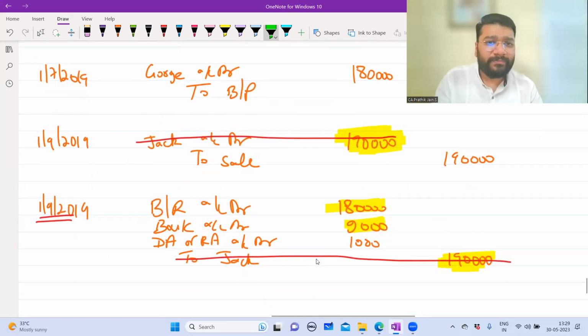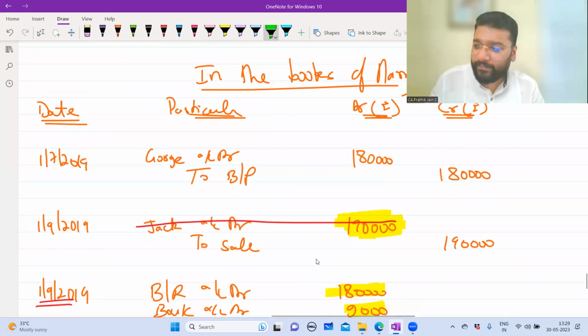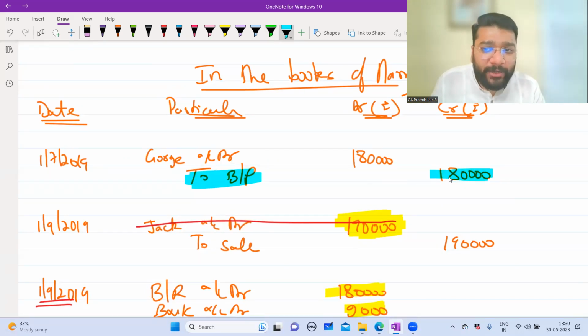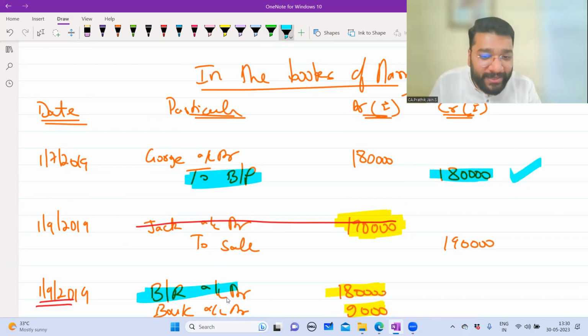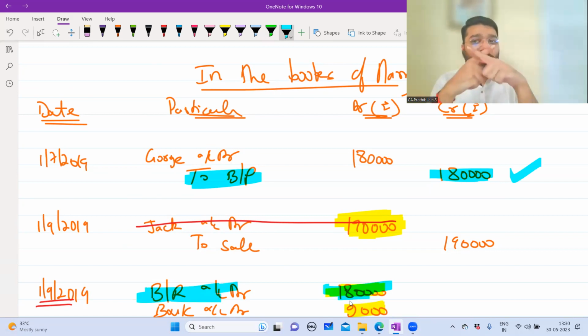Very simple. Harry has to pay this 180 to somebody. Who is that somebody? Harry himself. So here he has to pay, here he has to receive. If I knock off these both accounts,